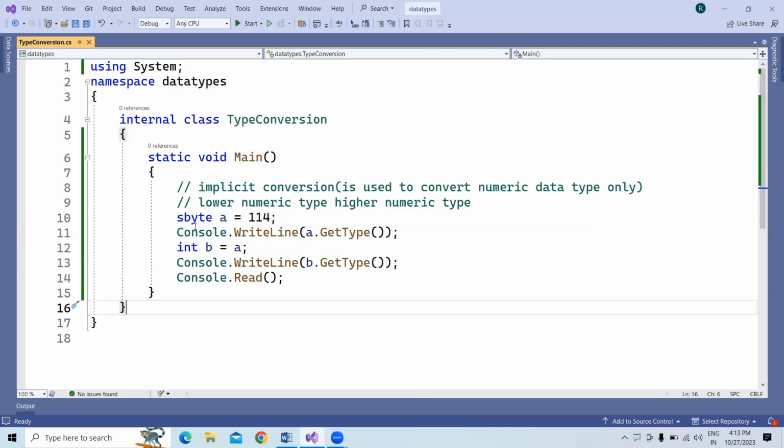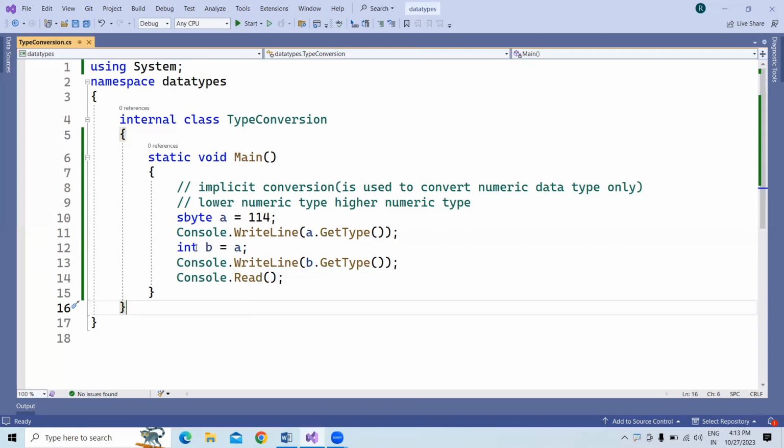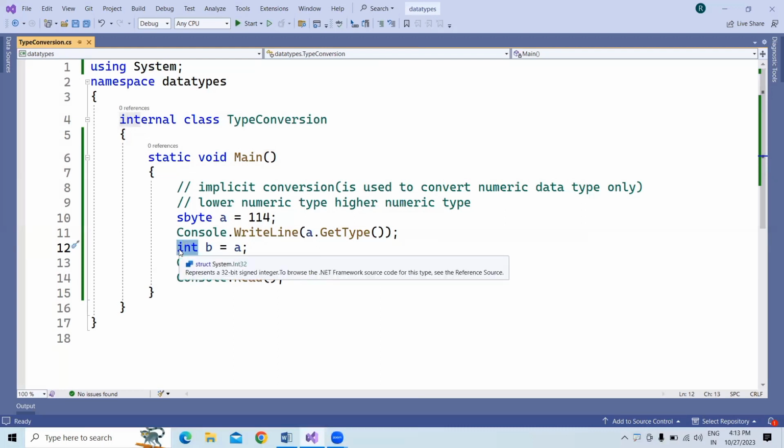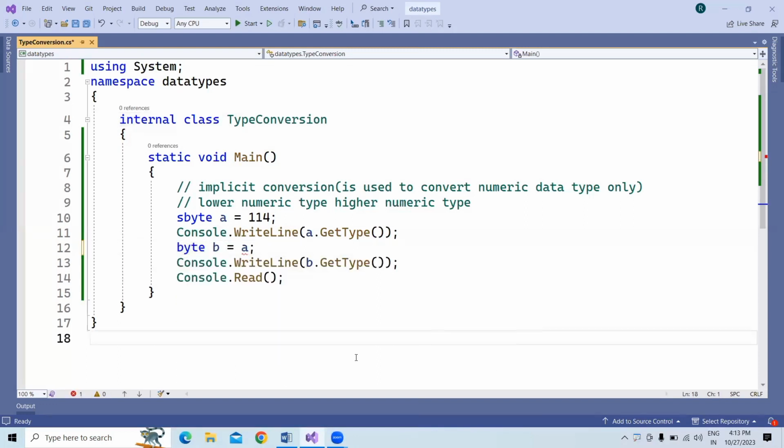So here the thing is, sbyte data type can be converted to a higher type. Yes, we can convert to a higher level type, and we already did it. But after sbyte, we studied the byte data type. Can this sbyte type be converted to byte? In byte, can we store 114 or not? What is the range of the byte data type? 0 to 255. So probably